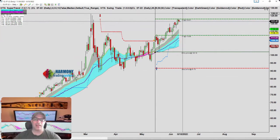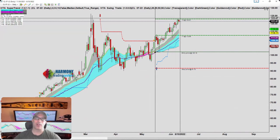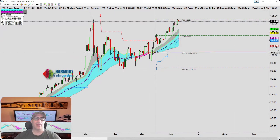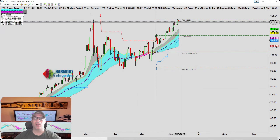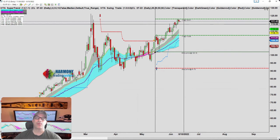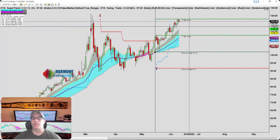And in these extended price actions, I'd rather be on the safe side and just watch it and look for that pullback in order to buy versus just try to buy a breakout to a high in an instrument that can be very volatile. So target number two is hit. We backed off of it for a little bit. We'll see if we can get a retracement. The key to any retracement in crude is that 119.70. If we break that 119.70, we have a good probability to see